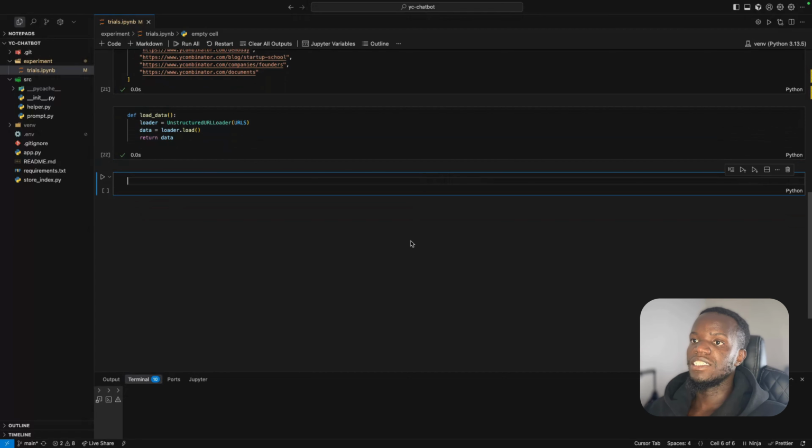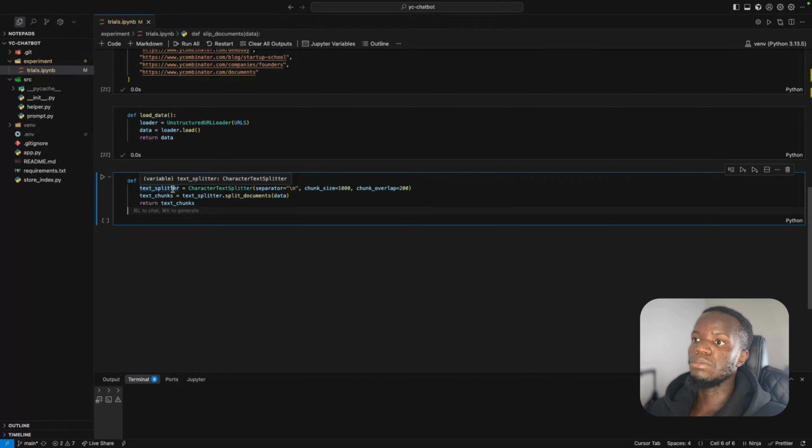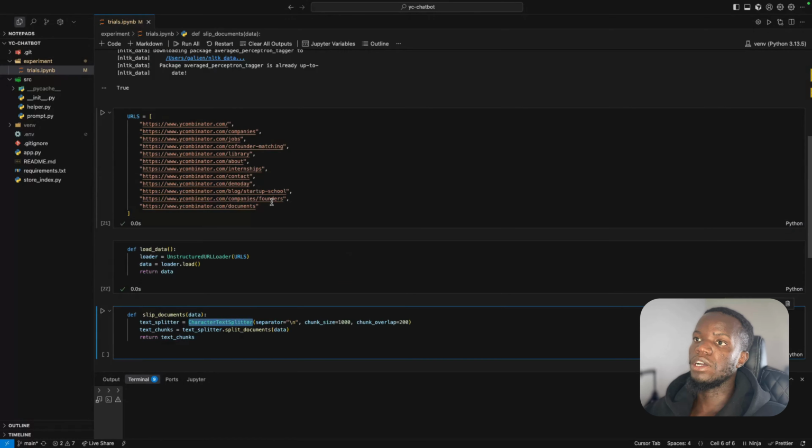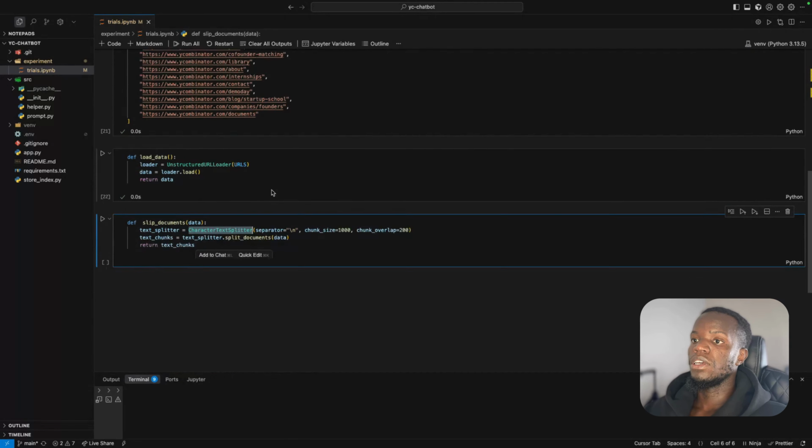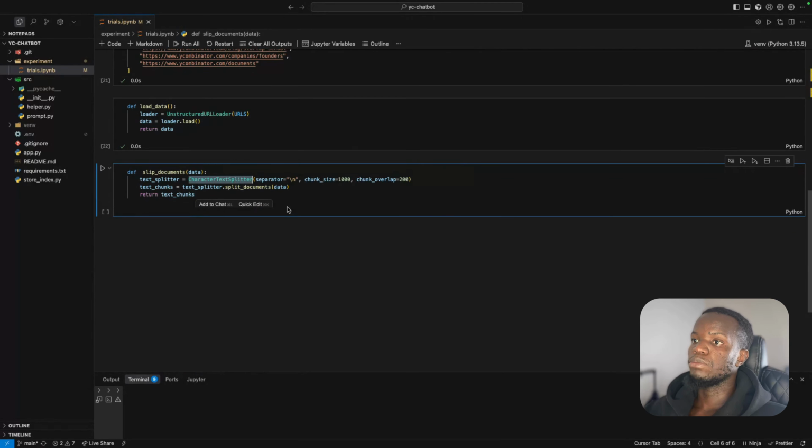The next function is going to be split_text. The split_text function is going to implement the second step of our RAG system, which is chunking. So I'm going to grab this function and paste it here. Split document is just utilizing the dependency, the class CharacterTextSplitter, that we imported on top here from our LangChain text splitter. So we just create an instance of it and pass